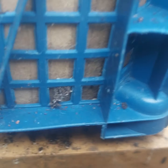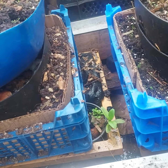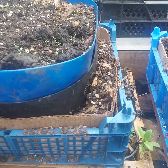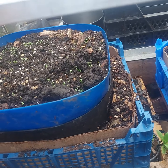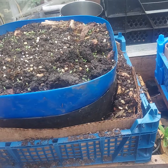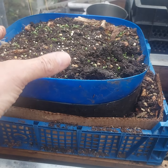So what I've done here, this is just one of my green roof lids, and that fits on top like that. And these are just reclaimed materials, but what is really nice is once these are activated and charged up, there's lots of soil life on here. So if you've got a pot plant, even in just ordinary compost,